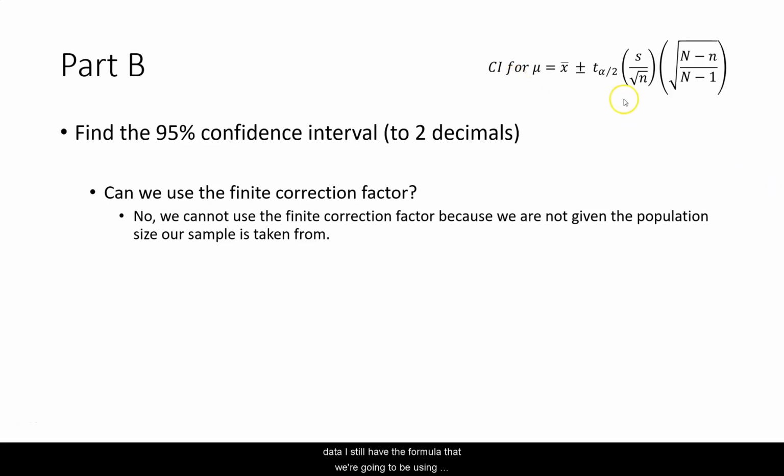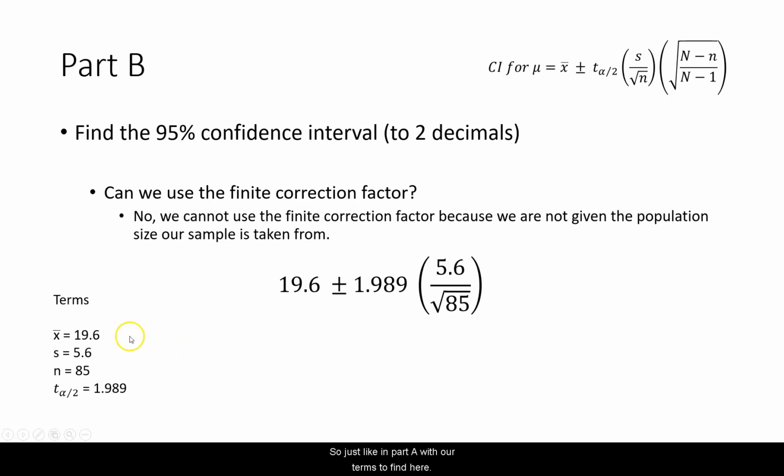Part B of the question is going to ask us to find the 95% confidence interval for our data. I still have the formula that we're going to be using up here in the corner in case you need to refer to it. And as I mentioned back in part A, we are not allowed to use the finite correction factor because we are not given the population that our sample is taken from. So, just like in part A, with our terms defined here, x bar equal to 19.6, s equal to 5.6, n equal to 85, and the t-score of alpha divided by 2 that we found for 95%